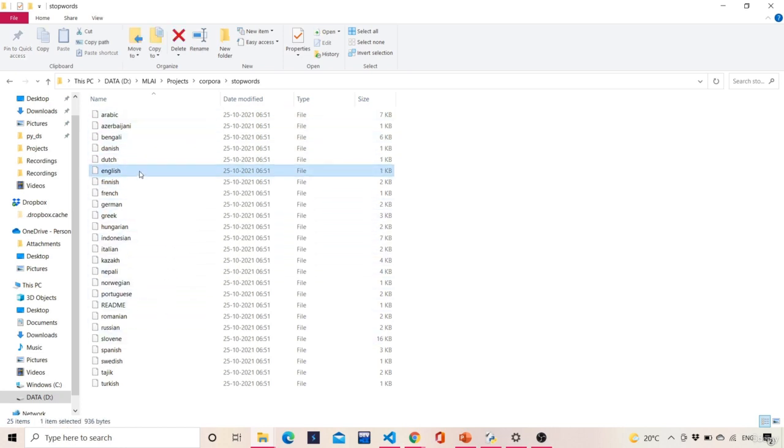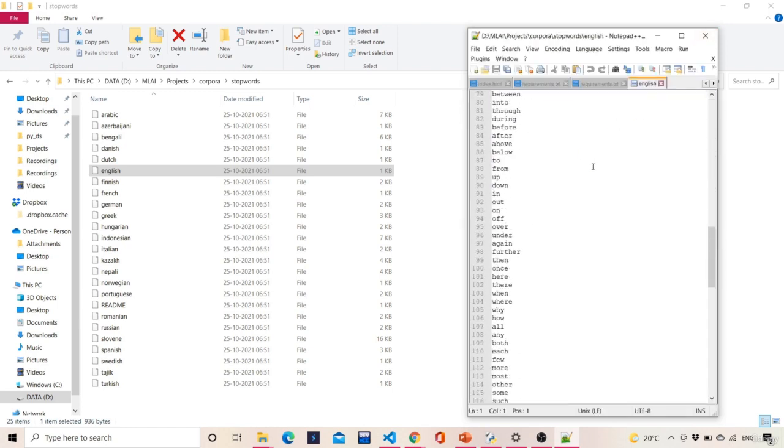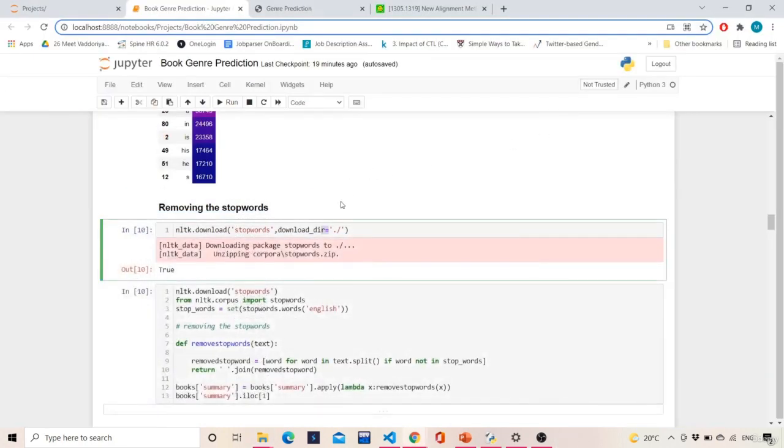For English, if we want to see the stop words, we can click on this and open it in notepad. It takes a little bit of time because there are many stop words. There are almost 180 stop words present, and for every language you can see the stop words.